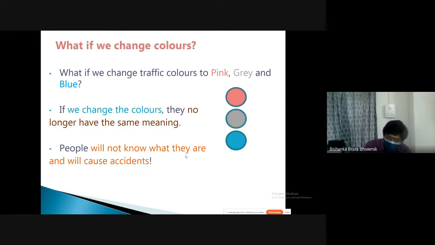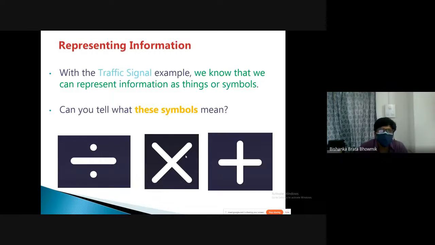Because we don't know what this code or this color means, that may result in some accident also, right? So they have to understand that once one symbol is there, some set of rules should also be there, which has been already given and transferred to the other end. Those who are making the symbol will also know the rules of this symbol, and this information has to be transferred to the other end also, right? Else it doesn't make any sense.